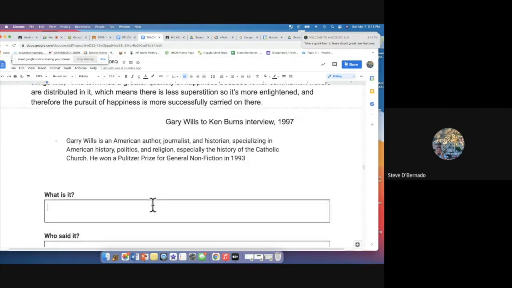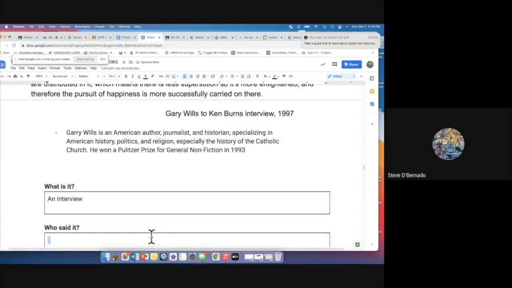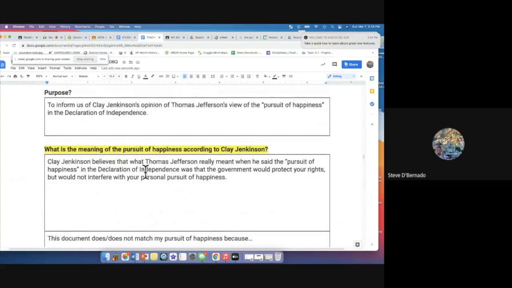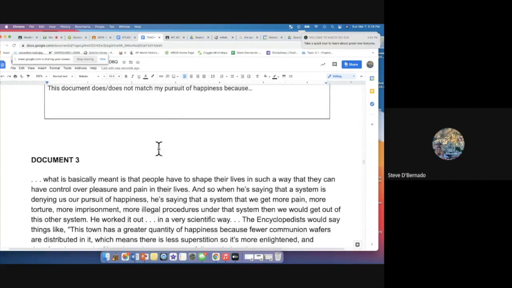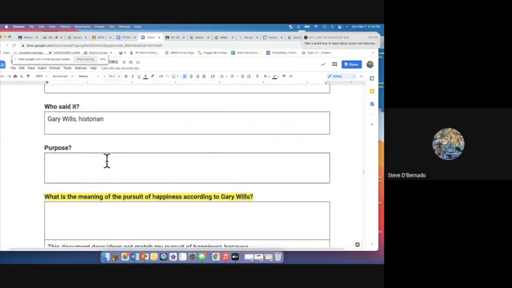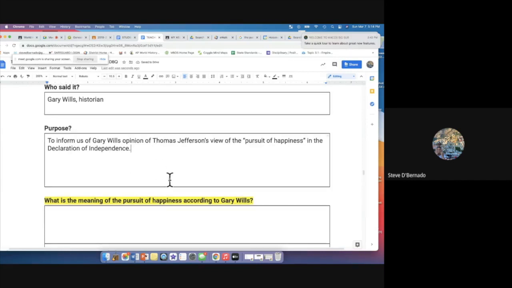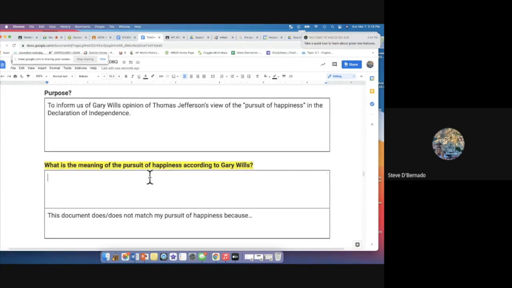Okay, let's take a look. What is this? It's another interview. Who said it? We have Gary Wills. And let's say he's a historian more than anything else. And what is the purpose? Very simple purpose. They're all similar: to inform us of Gary Wills' opinion on Thomas Jefferson's view of the pursuit of happiness in the Declaration of Independence. Now, what is the meaning according to Gary Wills? Gary Wills believes